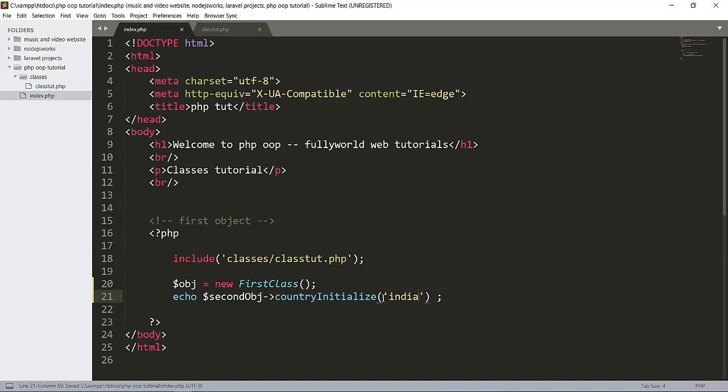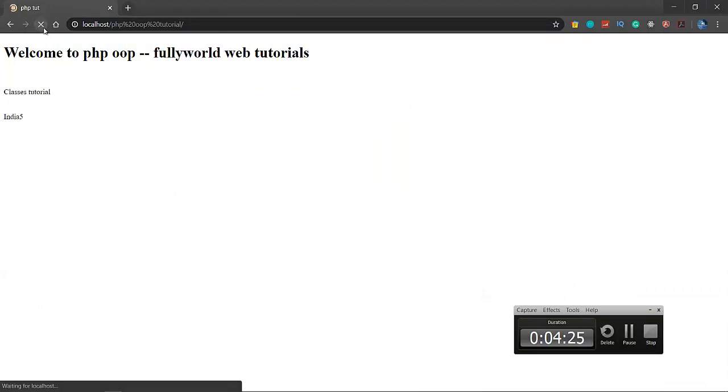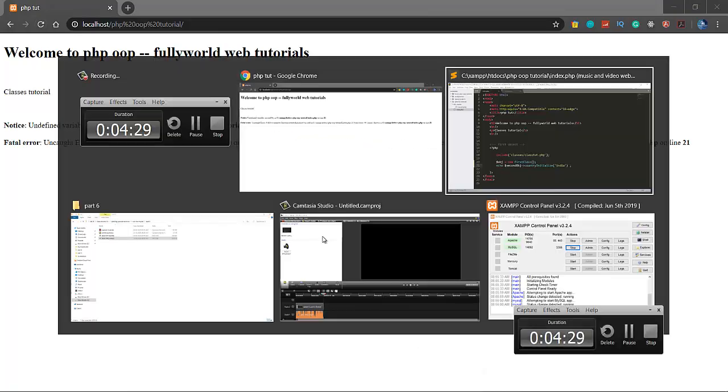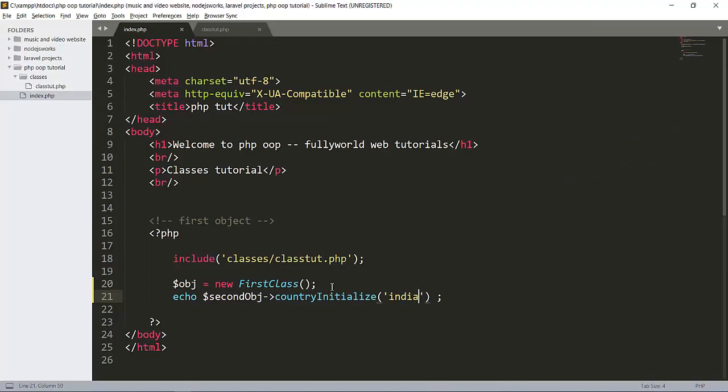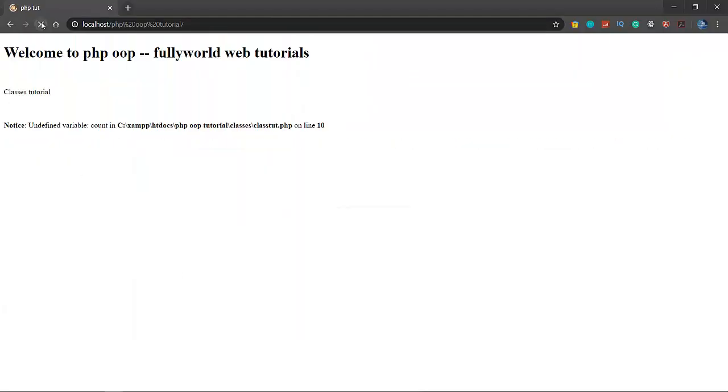So when we echo this, we will go to this, we will reload this. Sorry, second object uninitialized. This is just an object here. Paste it, save it, and now let's see. See that undefined variable count in line 10.